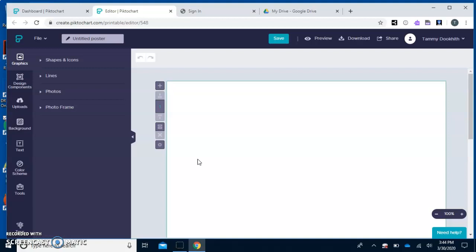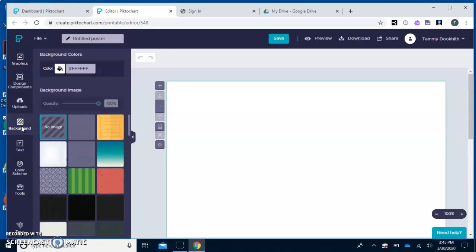Now I want to show you over here on the left-hand side, this is where your tools are, okay? And this is what you're going to use to create your poster. Some of these we're going to use, some of these we're not going to use, but I am going to show you the ones that I think you can apply and use in your poster. So one of the first things I want to show you is your background. I think you guys will like this a whole lot. Your background is where you can